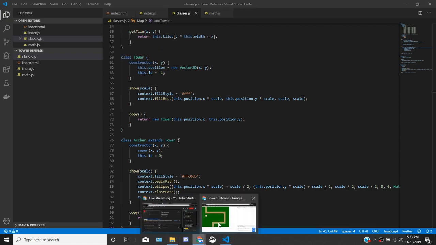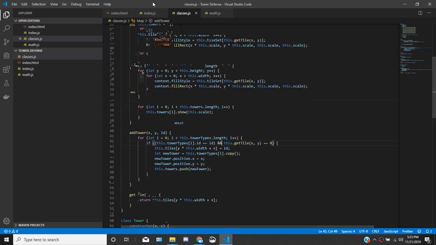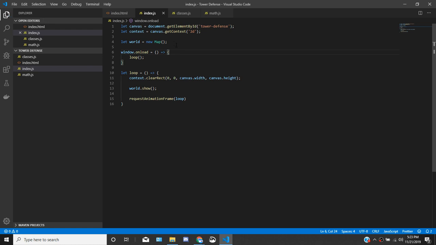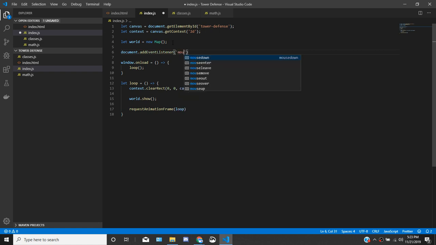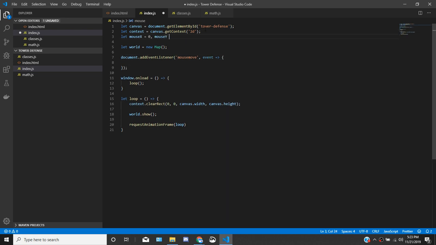So there. Okay. So now that works. Copy does work. And so now we need some mouse placement. So let's get some input down. So this was testing, so we don't need to do that anymore. So add event listener, and mouse move. Now we'll get the mouse position. So if event is this and that, let mouseX equal 0 and let mouseY equal 0. So let rect equal